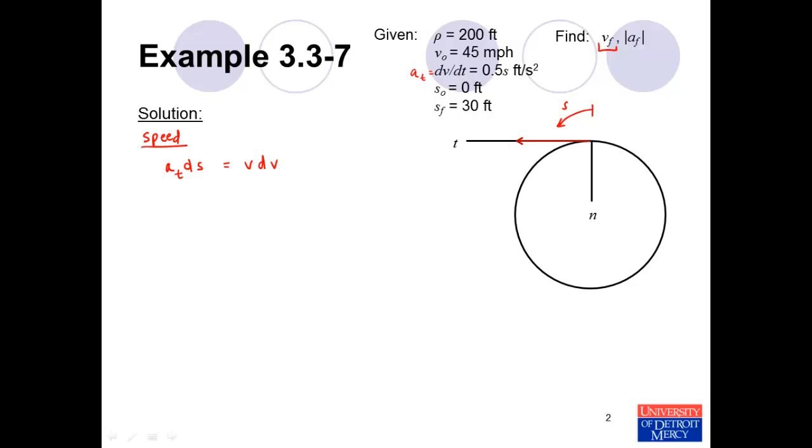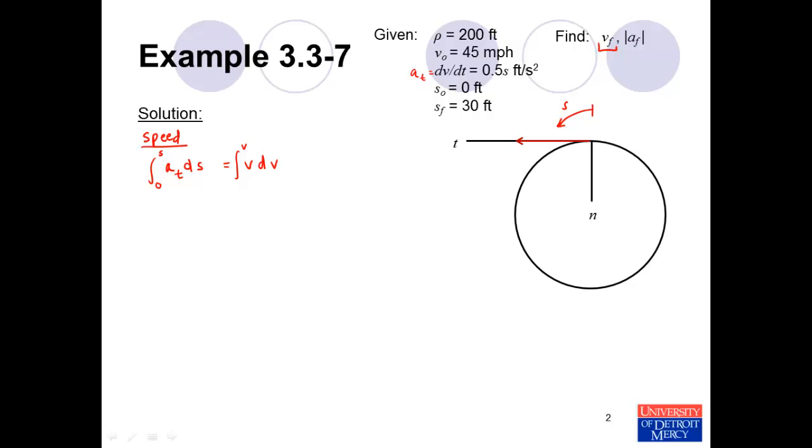And in order to solve for the velocity, in order to get rid of this differential, we need to solve an integral. We're told that the initial position is 0. We're told that the final position is 30 feet, but we will go ahead and solve it symbolically. We'll leave the upper limit as a variable. The velocity, we're told that the initial velocity is 45 miles per hour, and we'll leave the upper limit as